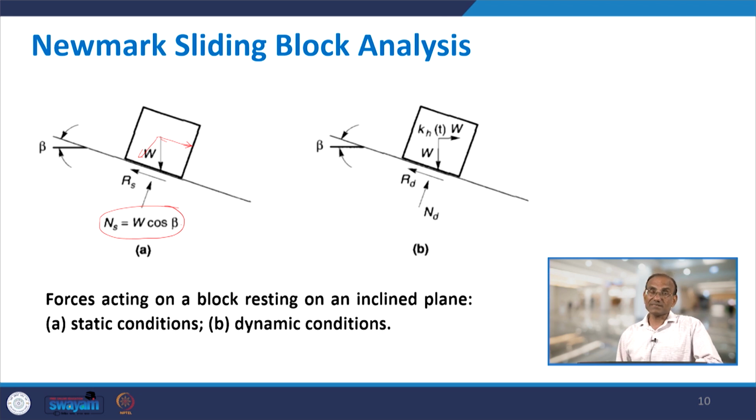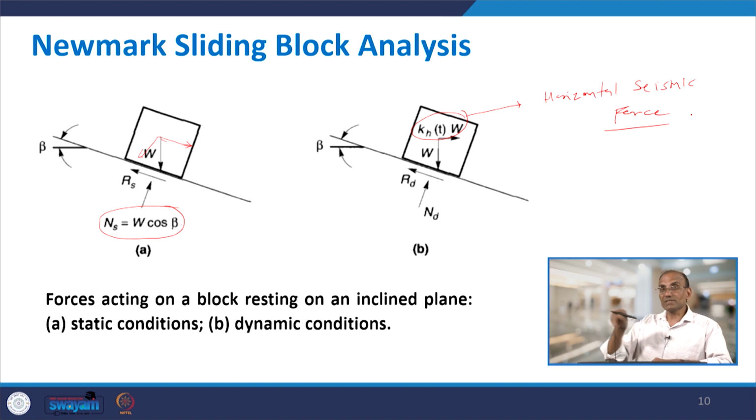What happens in the dynamic case? In addition to the weight of this block, which always acts in the vertical direction, some horizontal force also acts. This is basically the horizontal seismic force, as you may recall, and it acts in the horizontal direction. Now, this horizontal force will add a component. So, now in this direction you will have two components, one due to W, which will be W cos beta,